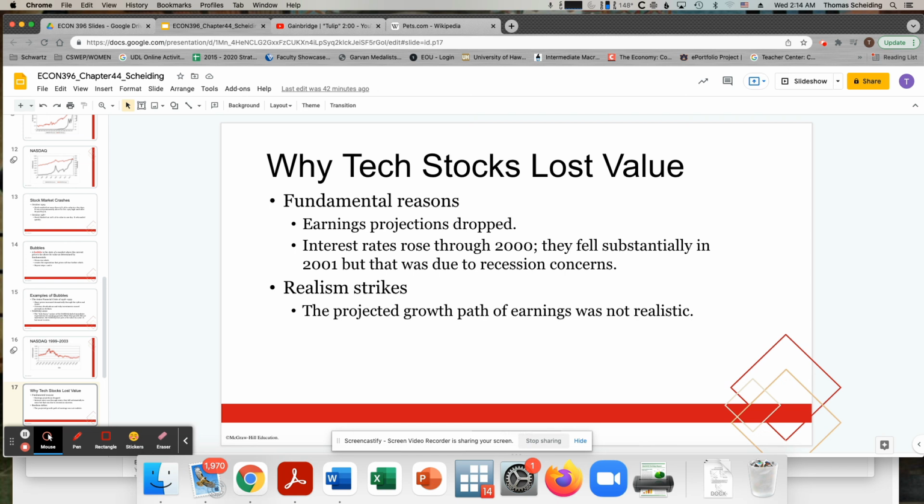And then what really drives it, just like it did with the housing market, is that interest rates started to rise. See, what was happening, and this is when I was at the Federal Reserve, in the lead up, I started at the Federal Reserve in 1999. And the big concern, which some of you probably don't remember because many of you weren't alive, but the big concern was that